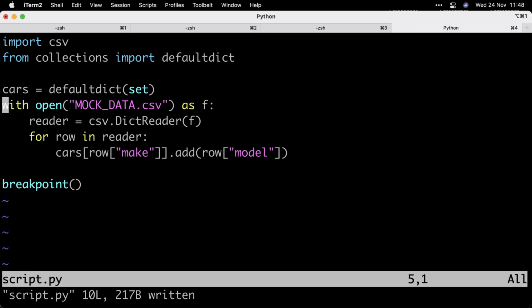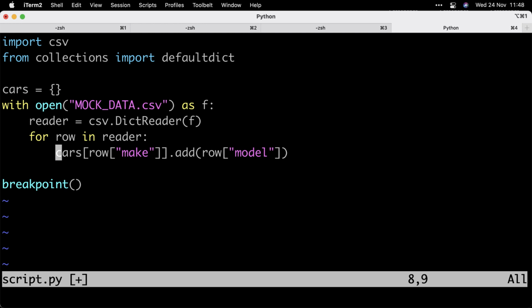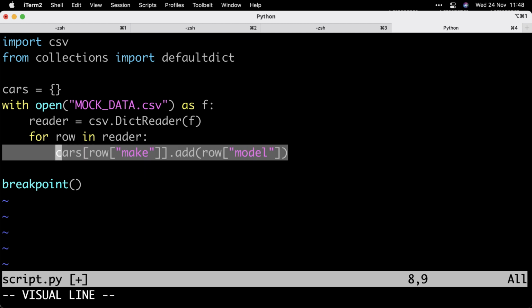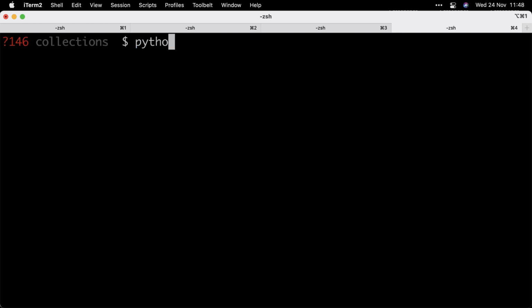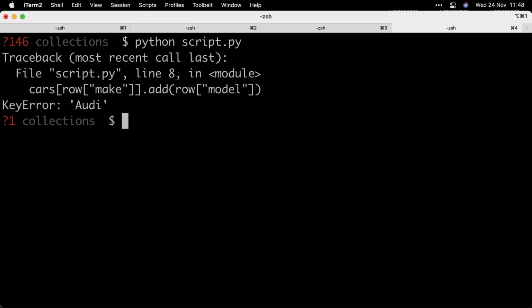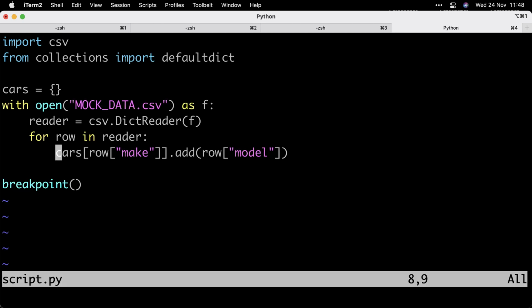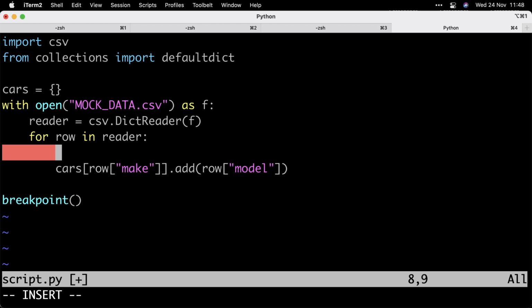What is awesome about this? Well, if this was a regular dictionary, then you get a key error, right? Because you cannot just append or add to a list unless the key is in the dictionary. So if I run this, it directly gets a key error because Audi is not in the dictionary yet. So you'd have to write code like if row